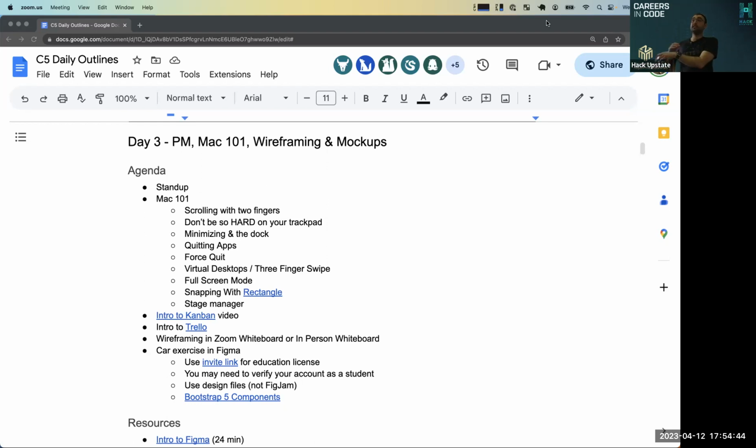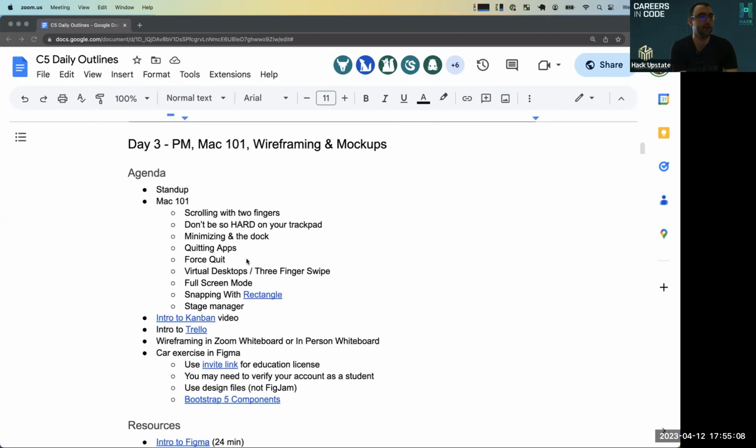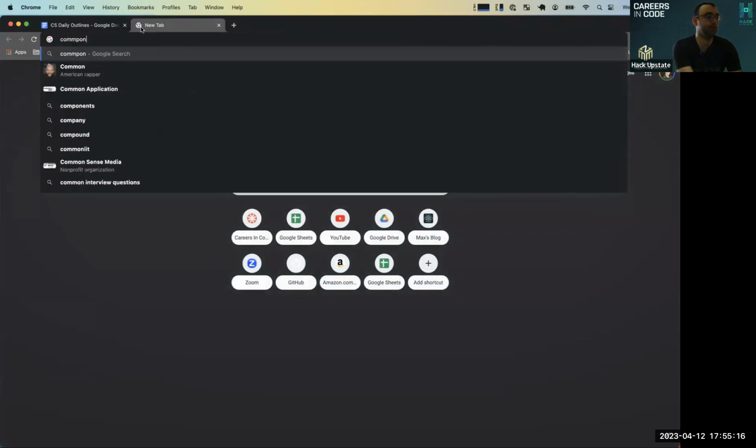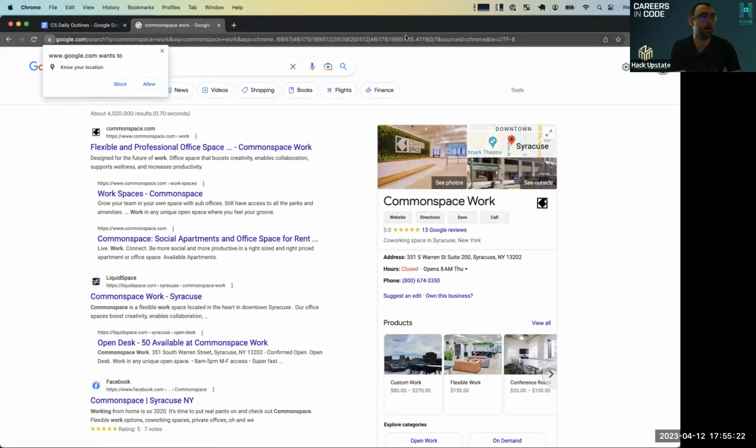The point of OpenHack tomorrow is to socialize, right? Meet fellow developers, get involved in that local Syracuse development community. So 5:45 tomorrow, not 5:30 as usual, but 5:45. You should be at Common Space downtown. The address is 251 East Jefferson Street, I believe. If you just do a search, 351, thank you, 351. If you just Google Common Space work, and if you RSVP to the meetup,